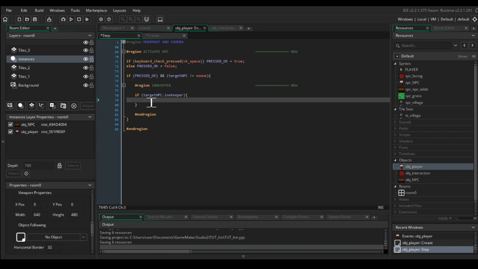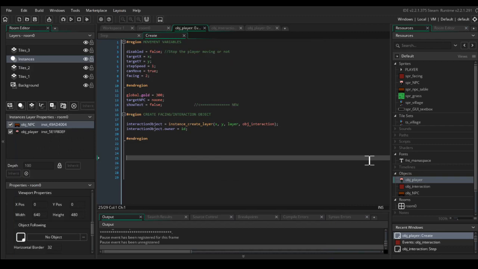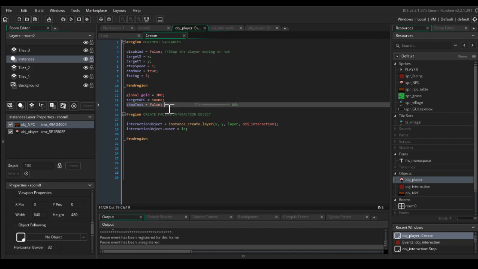For this tutorial, it's just going to be about innkeepers, but you should be able to adapt this code to shopkeepers and anything else as well that you want to. So here we're saying if target NPC is an innkeeper, then we're going to put the innkeeper code here. So before we do that, in the create event of obj player, we're going to add a new